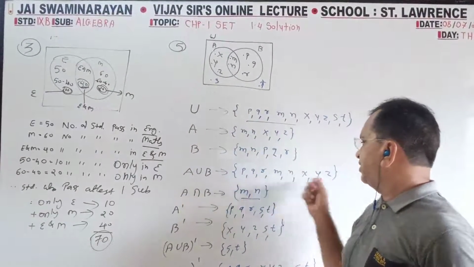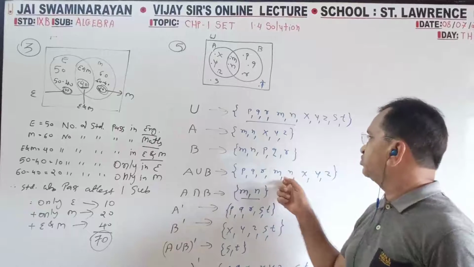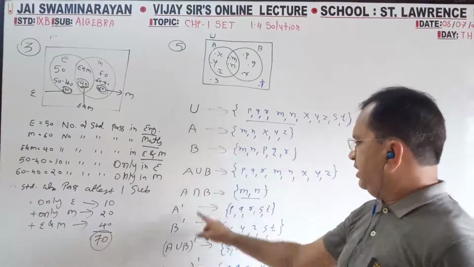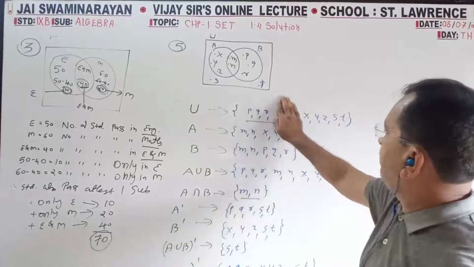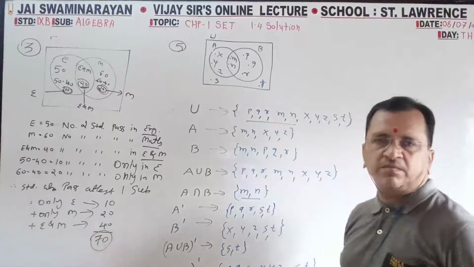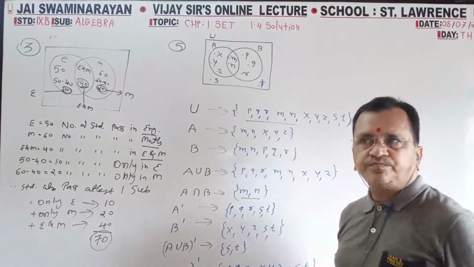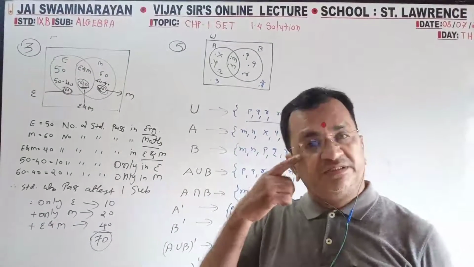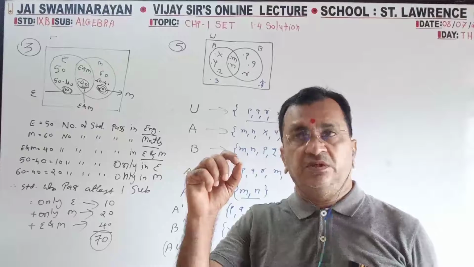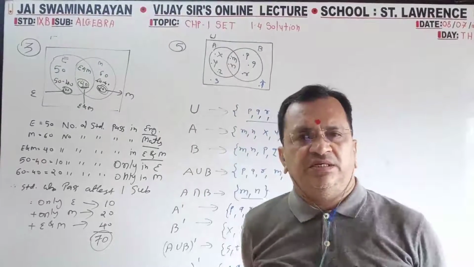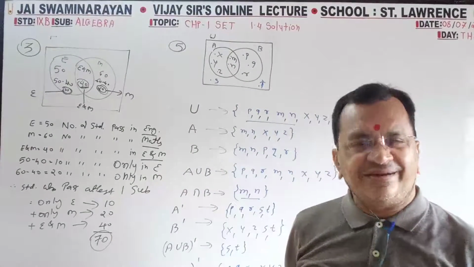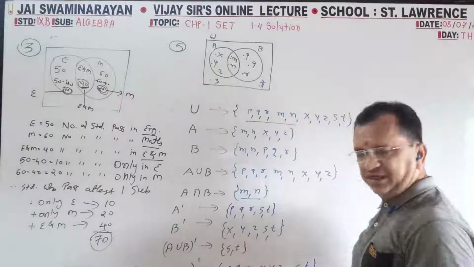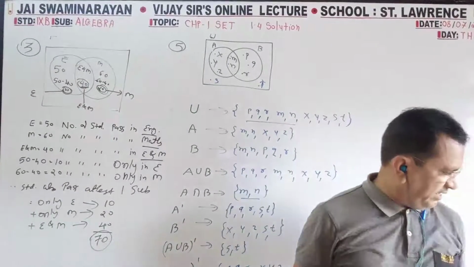So here 3 plus 3, 6 plus 2, 8 is there. These two are not there. So I have written this. Intersection is MN. So remove MN. Write the rest. So intersection or A complement means that number you have to reduce from the universe and the rest you have to write. That is complement. Take a screenshot. Then it is a big question.